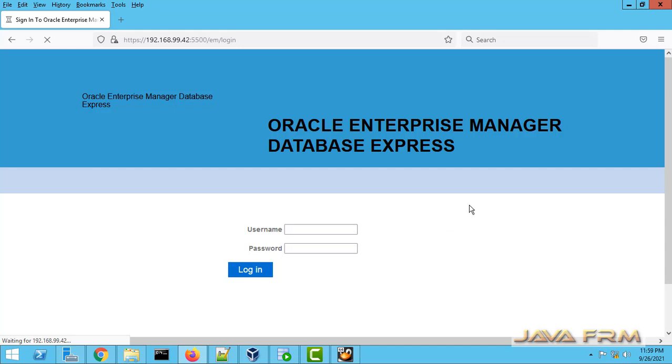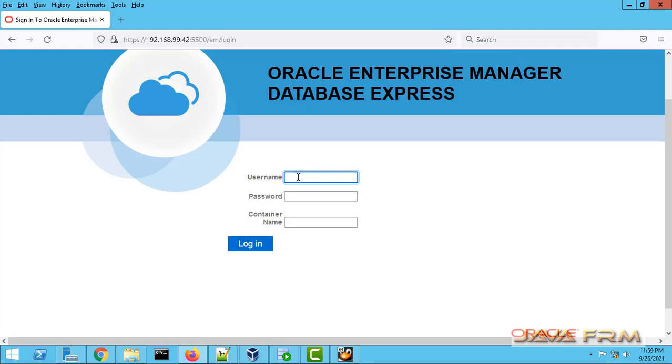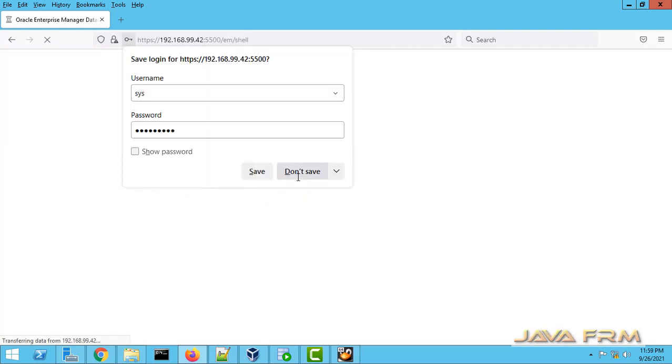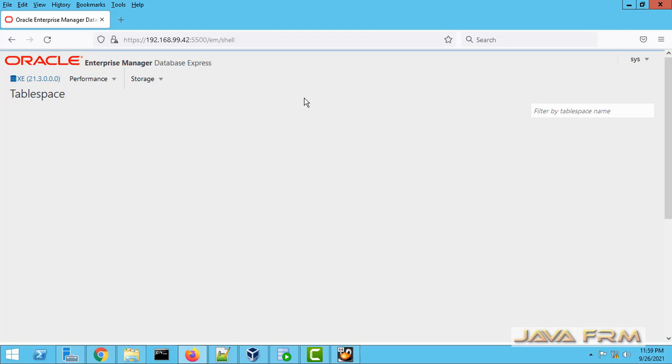Yes, so I am able to access the Oracle Enterprise Manager outside the Linux box. Okay, so everything is fine now.